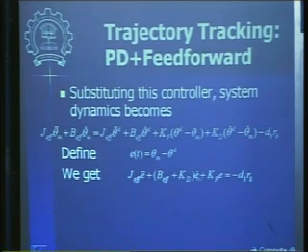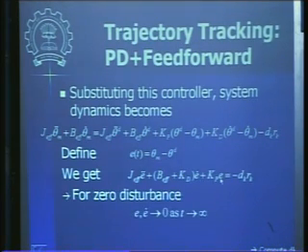Now you notice here that given this disturbance to be equal to 0, you will find that this is a standard second order spring mass type of a system. So we can always choose these KD and KP gains to have this error going to 0 with whatever settling time we need. Okay, so last lecture we have already seen how to do these computations for KP and KD